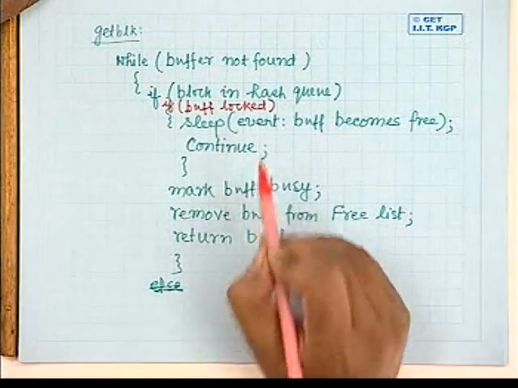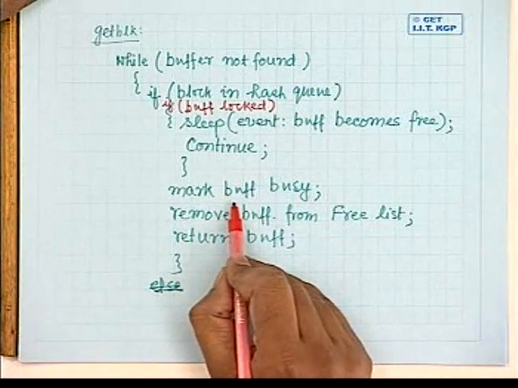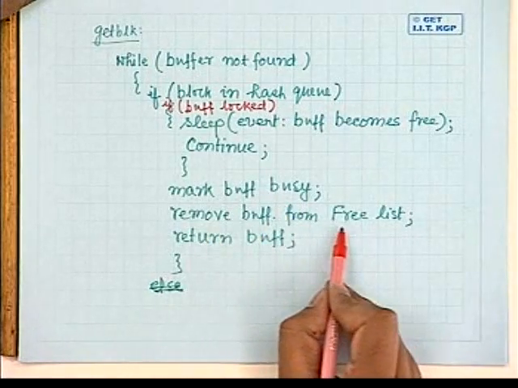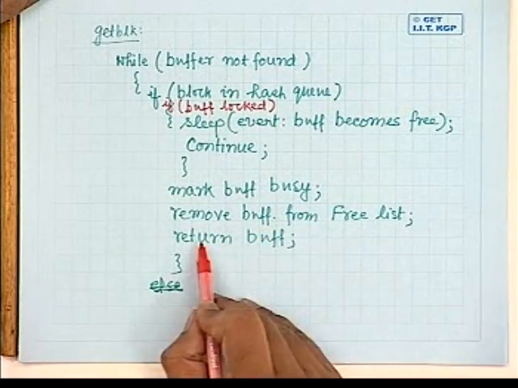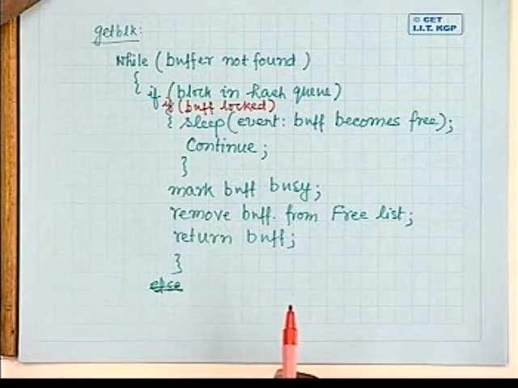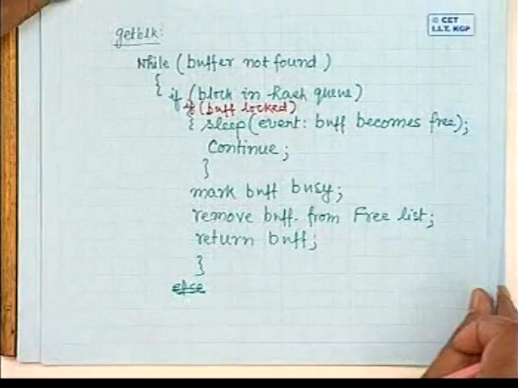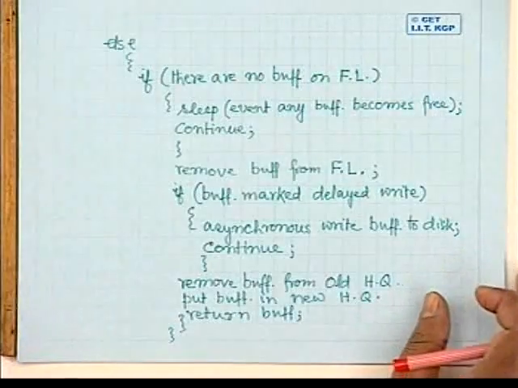And in case the buffer is not locked, that is, the data is available in the buffer and the buffer is free, then the kernel has to mark the buffer as busy, or lock the buffer. Then the buffer has to be removed from the free list, and returned to the requesting process. The other situation that we can have is that the buffer is not in the hash queue,